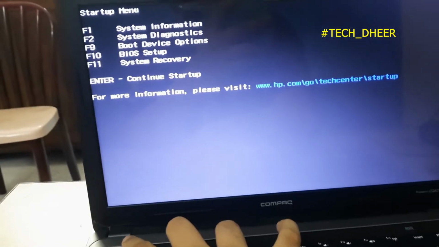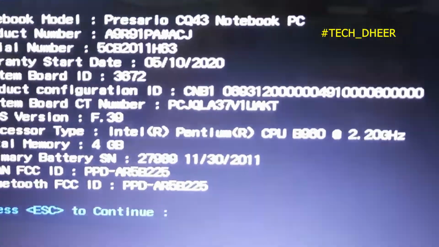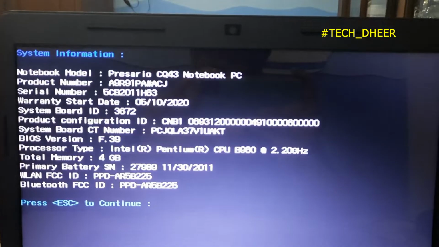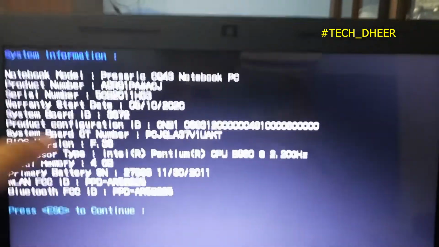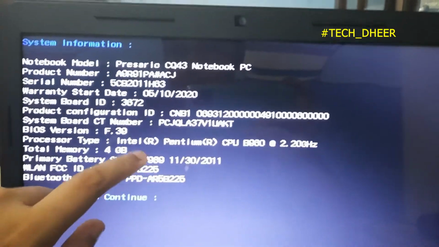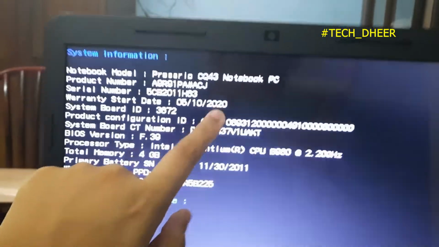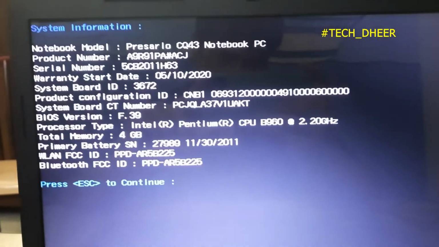Excel and system information F1. So you can just check the specs, and those who have installed can leave if you want, but if you want to check the specs, you can just check it over here and see. These are the specs, and only the thing is this date, 2011, not that, sorry, this one, this warranty start date. Actually I have changed the motherboard because it got damaged, that's why it's written something like that.